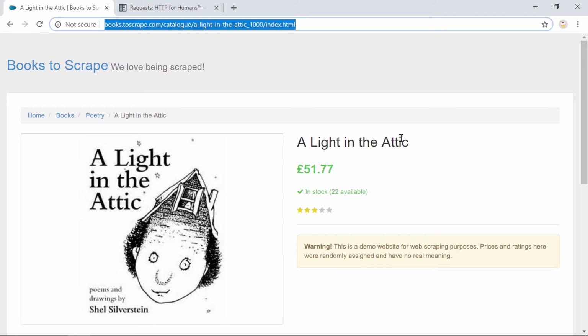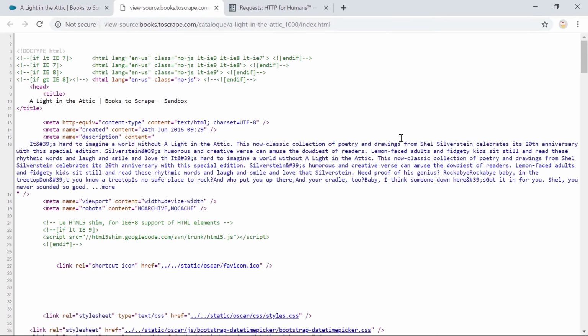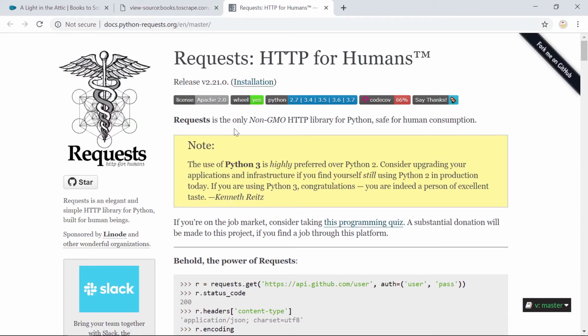One thing I want to show you is the HTML markup of this web page can be viewed by pressing the shortcut Ctrl+U or by adding view-source: at the beginning of the website URL. So in our code, what we're going to do is download the same HTML markup using Python so we can parse it using LXML. Now to send a request using Python, we will use a package called Requests. And the latest version at the time of recording this video is version